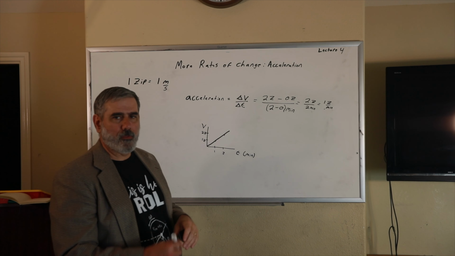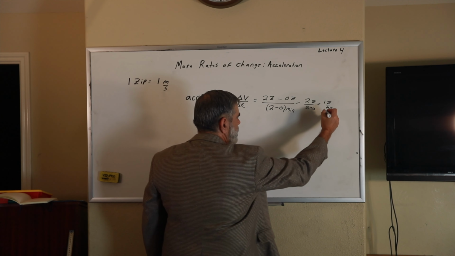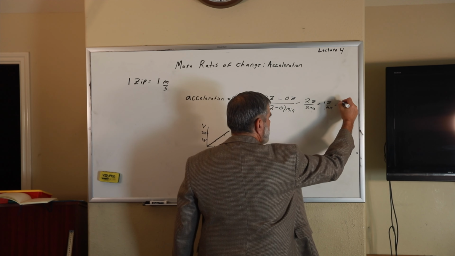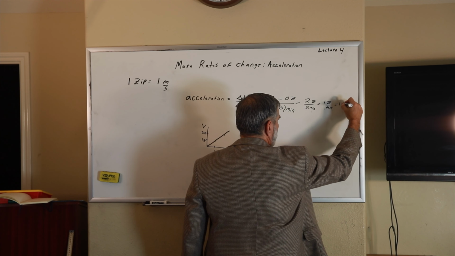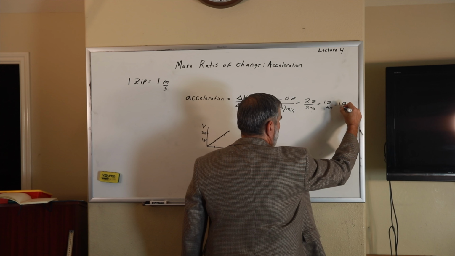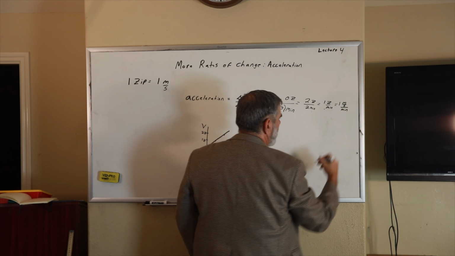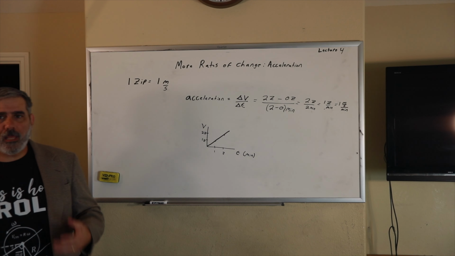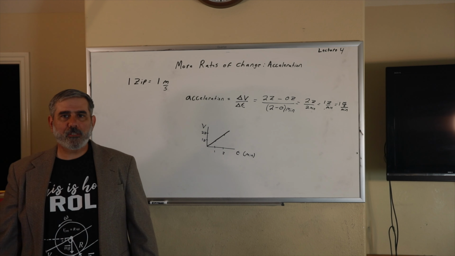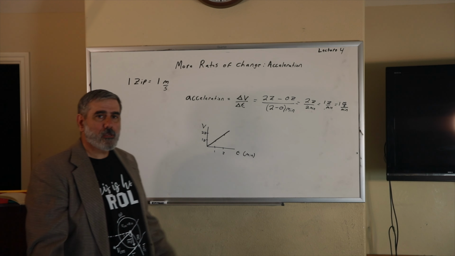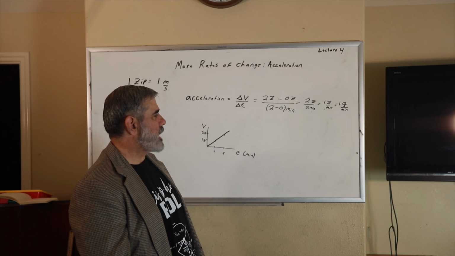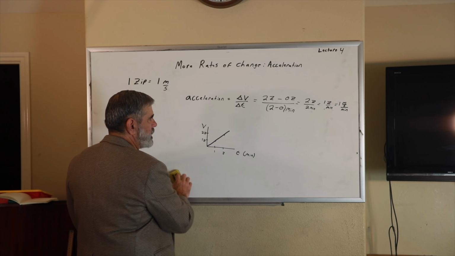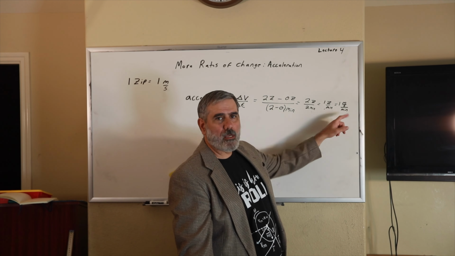So if I now get rid of the zips, what is my acceleration? Well, 1 zip is 1 meter per second. So I'll still have 1 zip, which is 1 meter per second per minute. Which means that after 2 minutes, I would have attained an additional 2 meters per second. After 3 minutes, I would attain another 3 meters per second. Pretty straightforward. Where people get confused with this is that if I now, instead of using minutes, I use seconds,